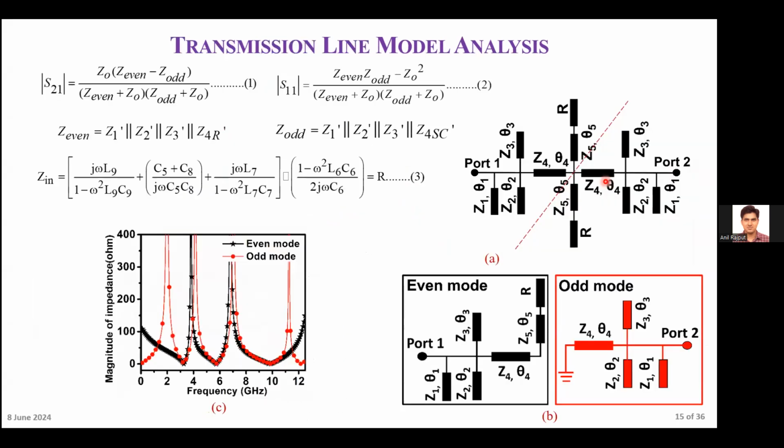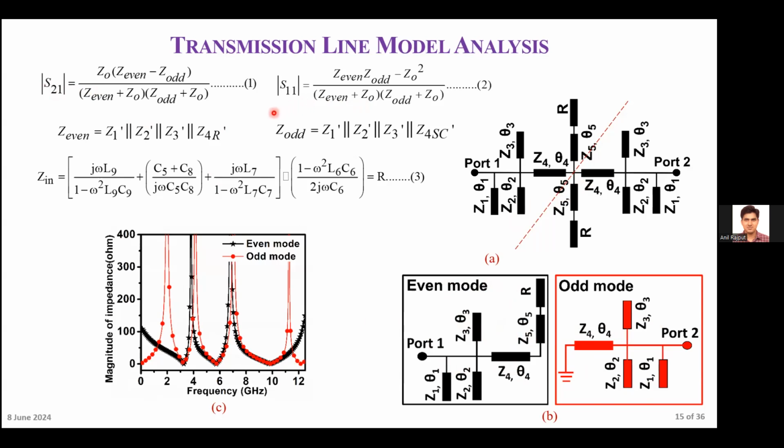So now to validate this simulated result, we can also use the transmission line model because it has symmetry. It is symmetrical from the center, so we can do even mode and odd mode analysis. Like this one is the even mode arrangement. This one is the odd mode arrangement. If we calculate the even mode impedance and odd mode impedance, and if we put these values in the S11 parameter or S21 parameter, we can get the